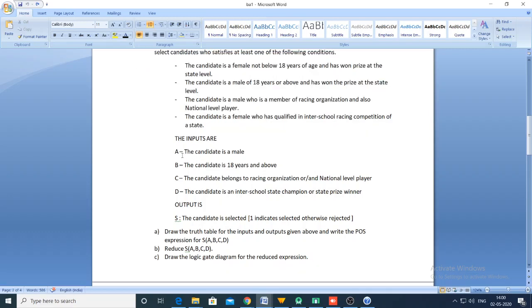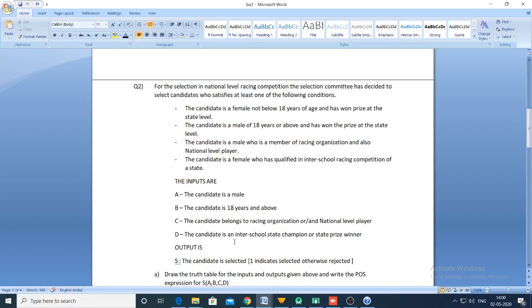The inputs are A, B, C, D. A indicates the candidate is a male. B indicates the candidate is 18 years and above. C indicates the candidate belongs to a racing organization and is a national level player. D indicates the candidate is an inter-school state champion or state prize winner. The output variable is S: yes, the candidate is selected. One indicates selected, otherwise rejected. Draw the truth table for the inputs and outputs given above and write the POS expression for S of A,